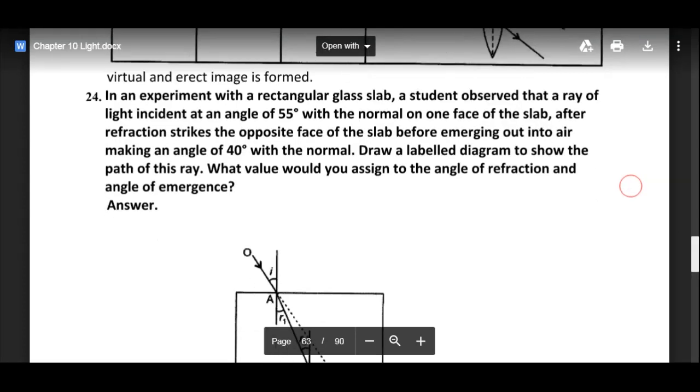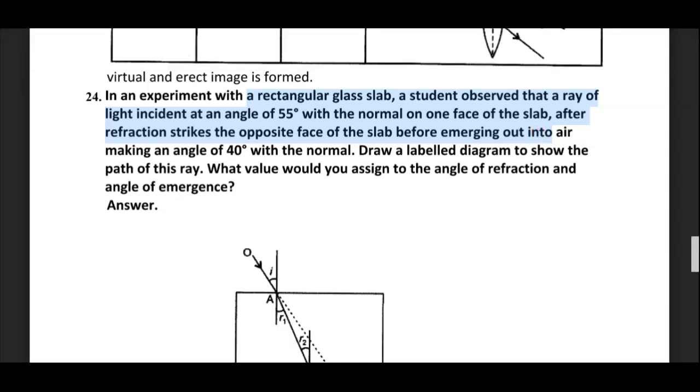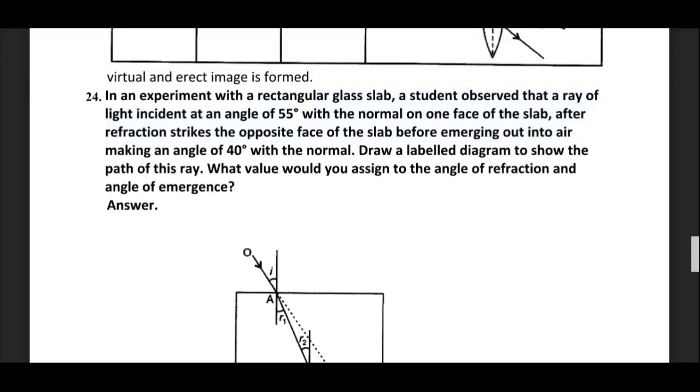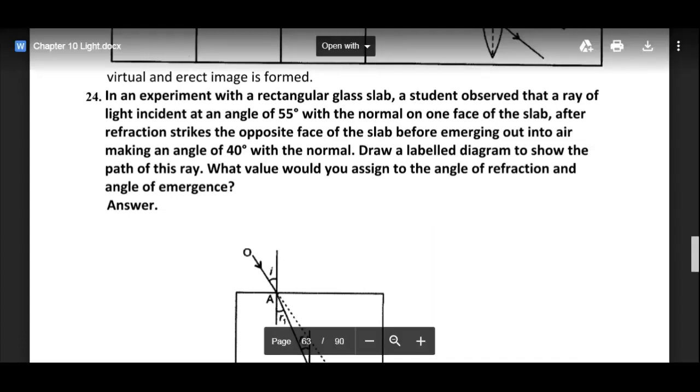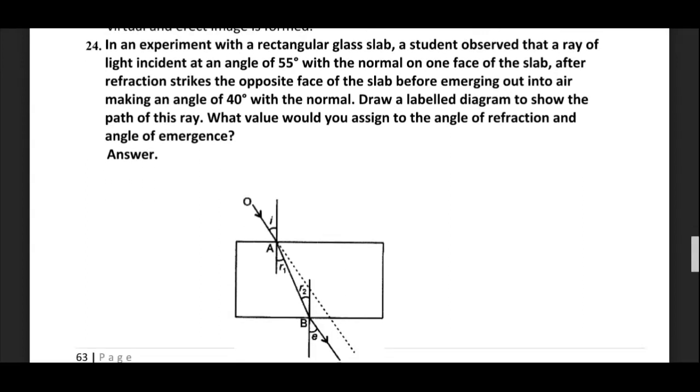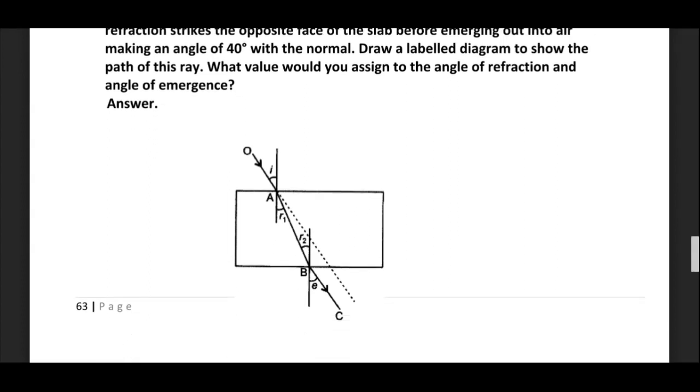Next is, in an experiment with a rectangular glass slab, a student observed that a ray of light incident at an angle of 55 degrees with the normal on one face of the slab, after refraction, strikes the other face of the slab before emerging out into the air, making an angle of 40 degrees with the normal. Draw a labeled diagram to show the path of the ray. So you can see this is the labeled diagram,